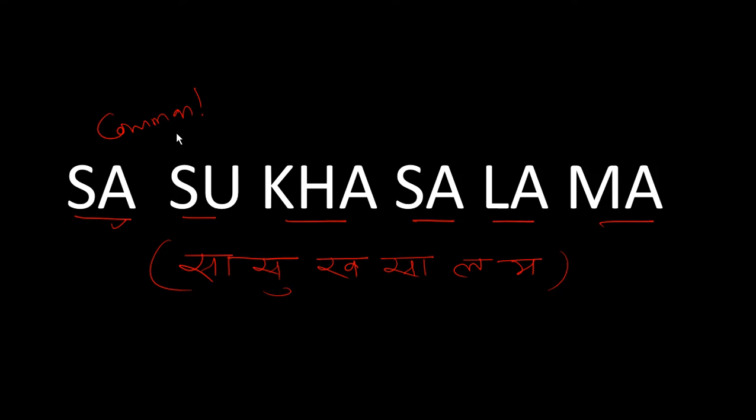Before the questions, or when you start the algebra part, think for common first. Whether there are common terms or not, that is the beginning of the algebra part. Algebra questions will start from common. If there is common, that is the first part. First you need to find whether there are common terms or not. Then if there are common terms, you need to take out the common part first.